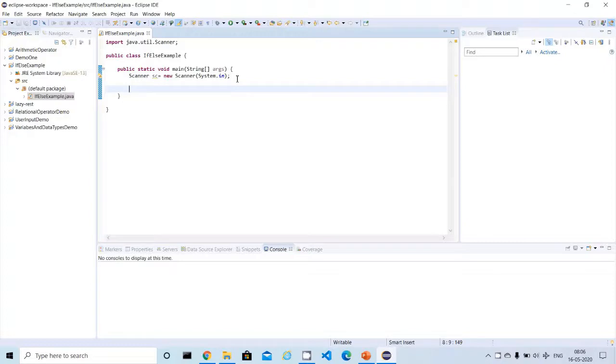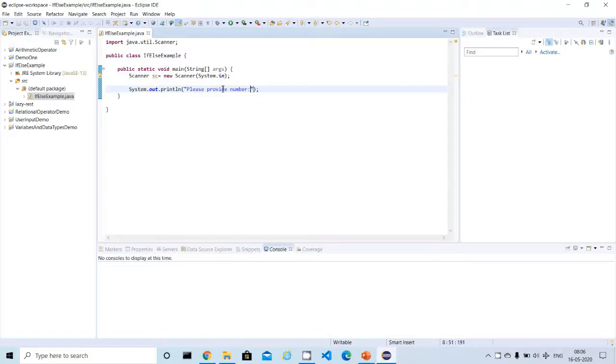Now our scanner is ready to read the inputs from the user. Now I'm going to ask the user to enter an input. How to write: sysout, Ctrl plus spacebar, it will generate this. You can enter here, please provide number.